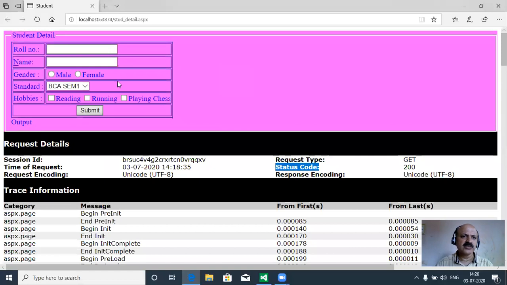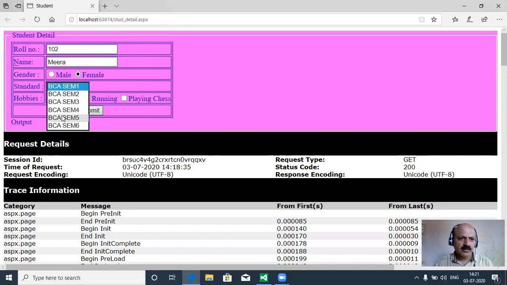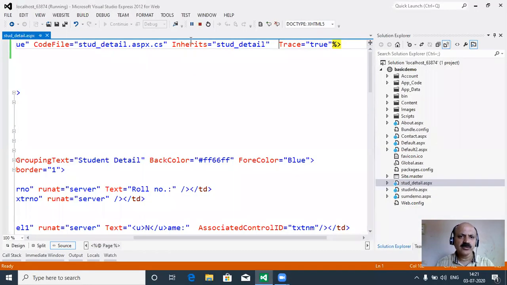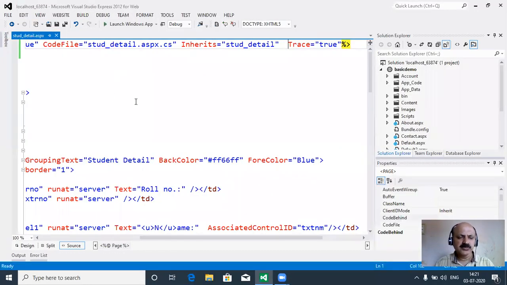So there is no change in our output. We supplied the same value and checked our output. So let us start. We give new values for this form. Okay. So with trace mode on, there is no change in our output. It definitely prints our output with trace mode. You can also turn it on; by default it is false. So the first topic is covered practically.